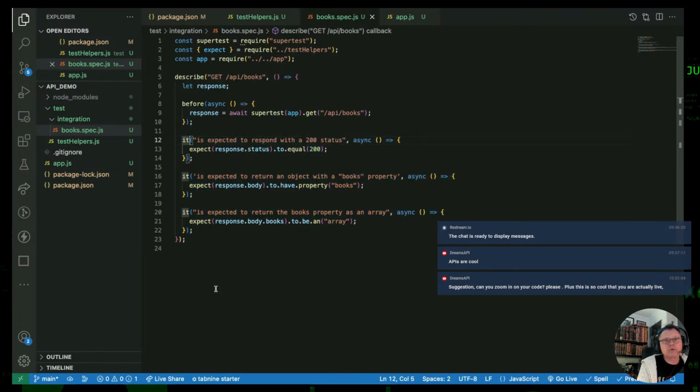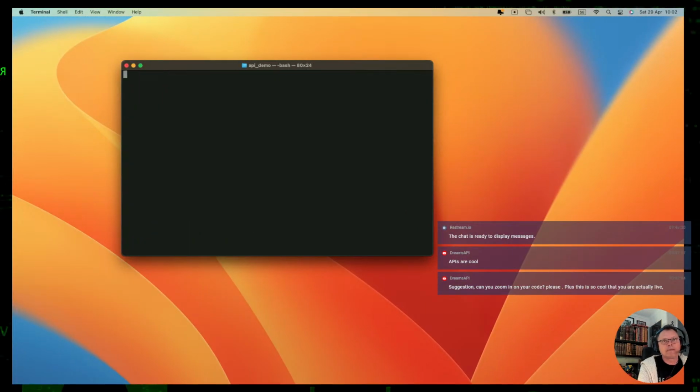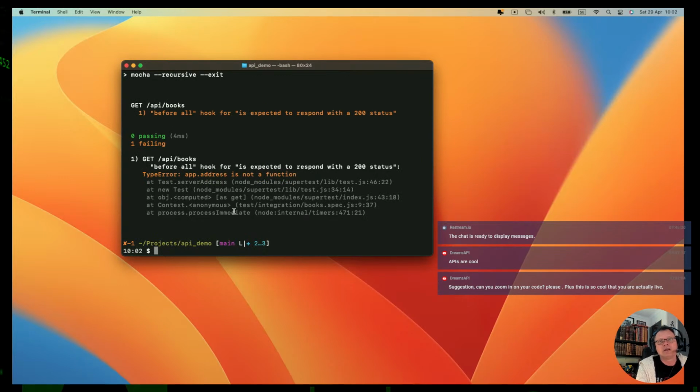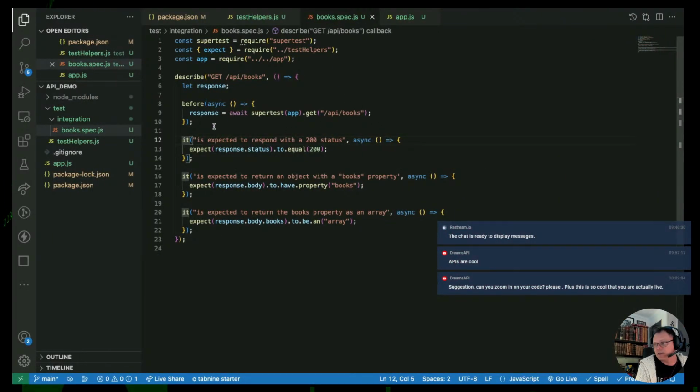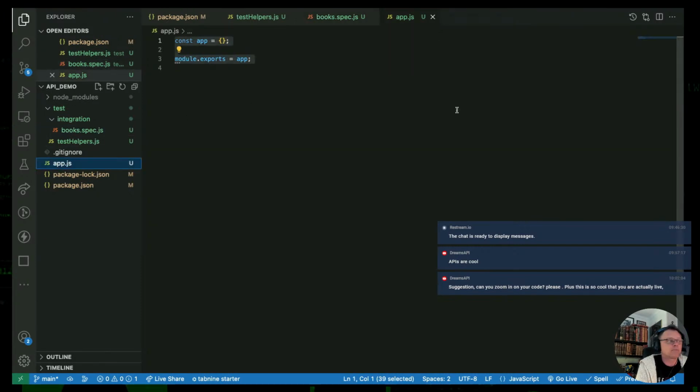I will execute those tests, right? And they should fail. I need to see it. So let's just do npm test, and we will get an error, of course, because the before all hook is failing for us. And it says that app.address is not a function. Okay, well, I don't know if that is exactly why this is failing, but it is failing. Mostly, and I can figure it out myself, because nothing is happening in the app.js, of course. So we can't expect it to return anything because